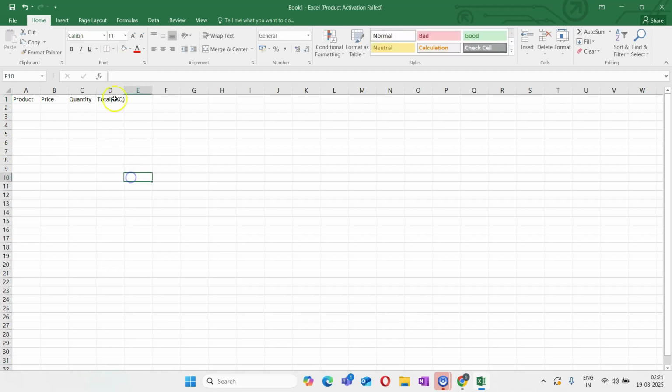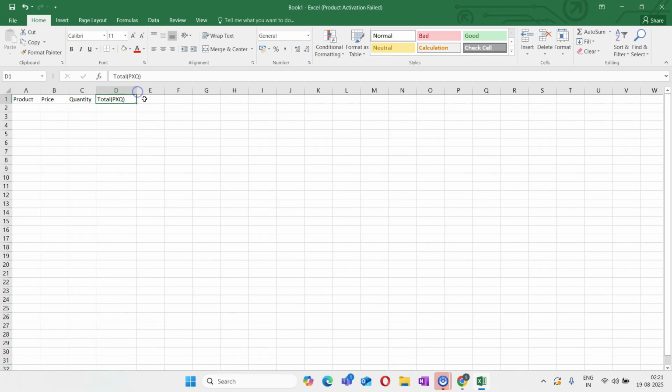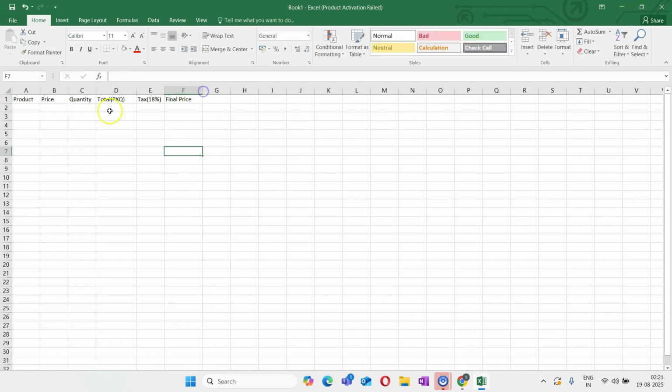And yeah, we can also have a tax. Okay. And let's keep the tax at, let's say, 18%. And we'll go for a final price as well. Okay. So now this is our simple setting of the data.